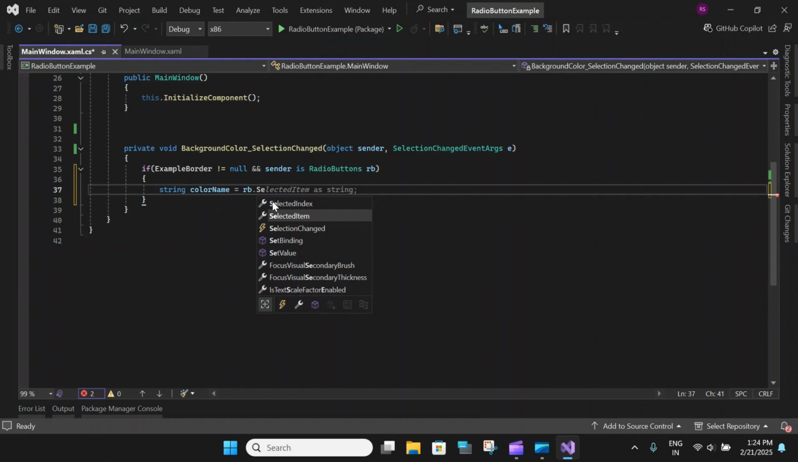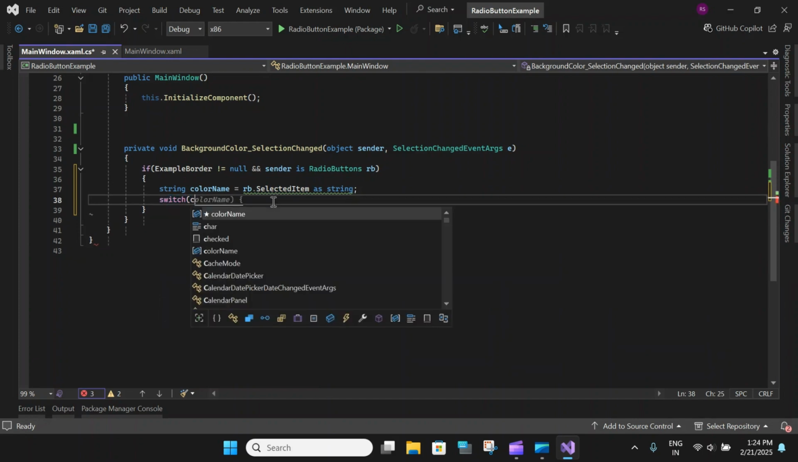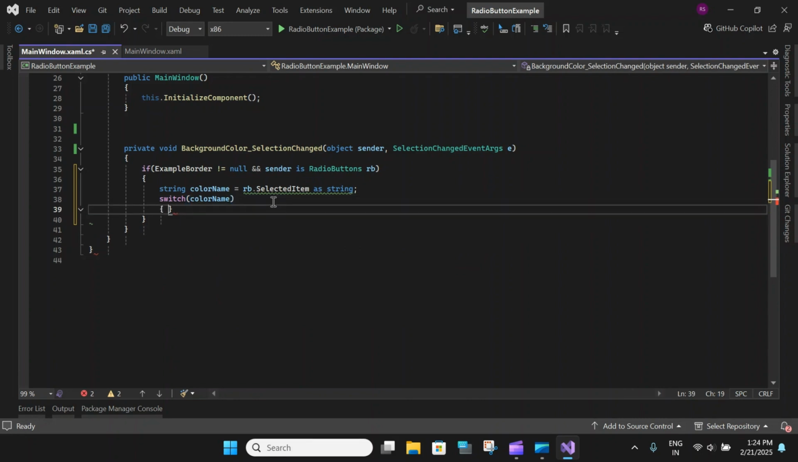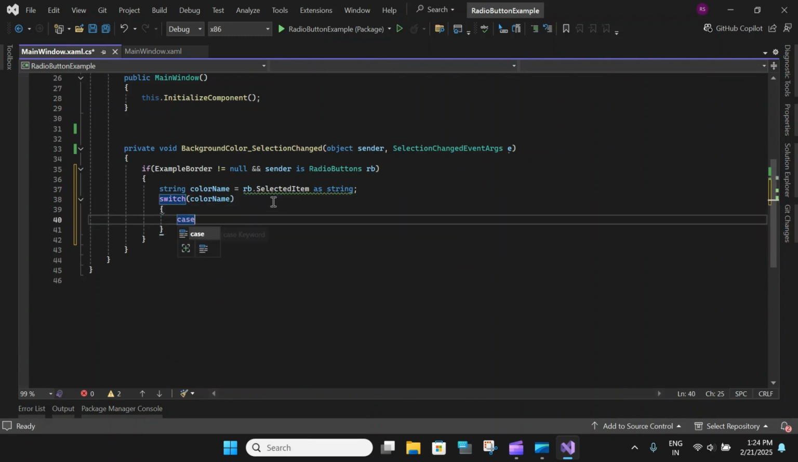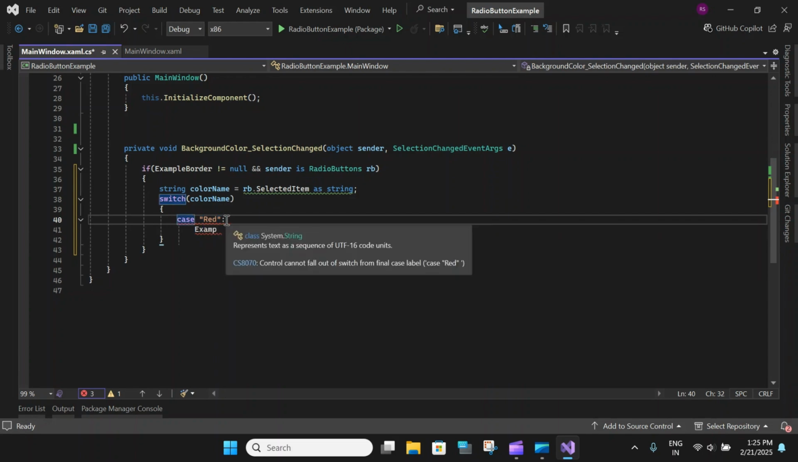Once the radio button selected index is changed, we'll take the selected item as string and assign it to our variable color name. Next, we will use the switch control and switch using our color name. And the first case is red. If the selected value is red, then the example, I had to put a colon here, and then